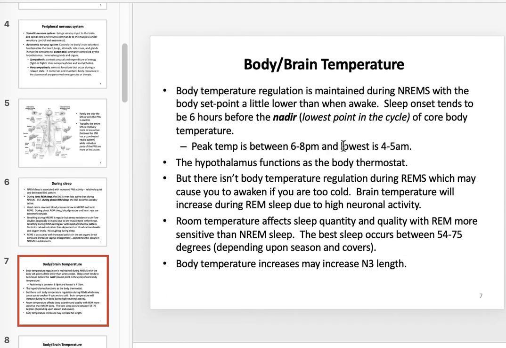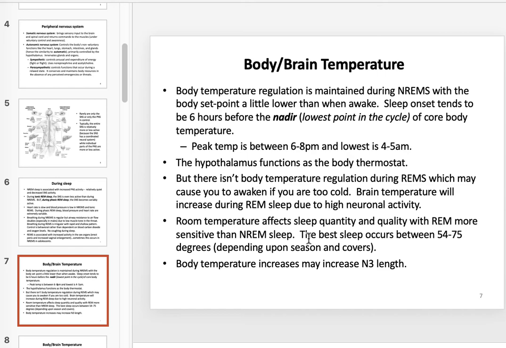Okay, so we're going to see body temperature be kind of maintained, though it's lower than normal. The hypothalamus is going to function as our body's thermostat. And then the trick becomes brain temperature is going to increase during REM sleep, and that's because of that high neural activity. But the trick is the temperature isn't regulated during REM sleep. We lose that ability. And that means that